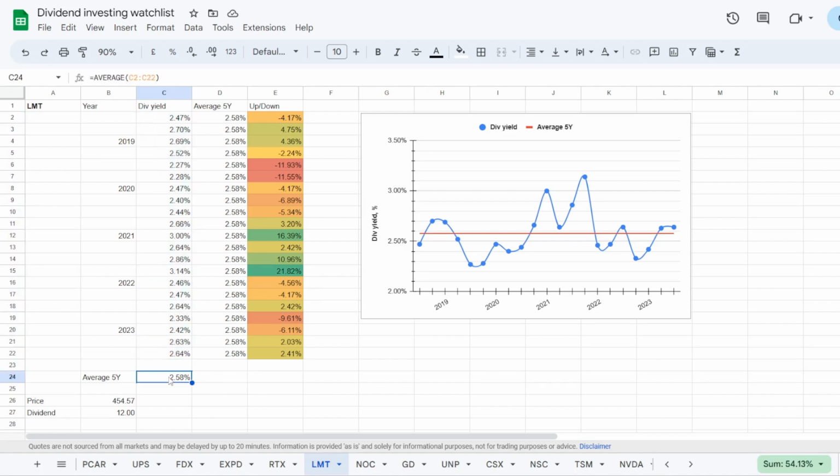And it seems that in 5 years on average the stock was trading at a dividend yield of 2.58%. So the worst time to get into the stock was back in 2019, where it was trading at a dividend yield of 2.27%, below the 5-year average by 11.93%. And the best time to get into the stock was by the end of 2021 at a dividend yield of 3.14%, over average by